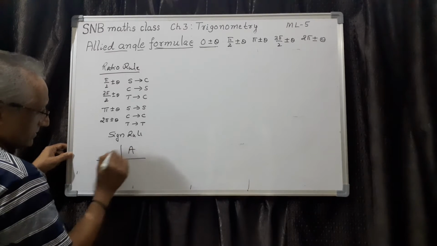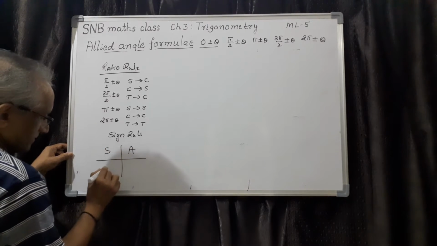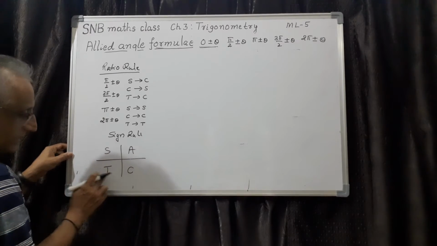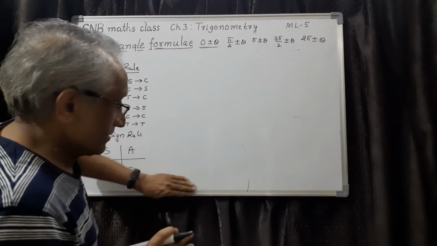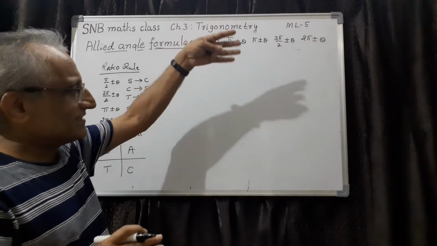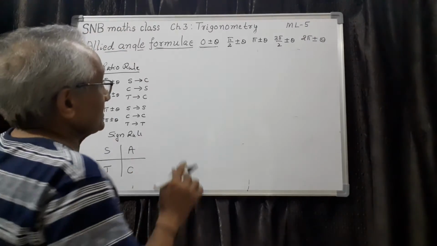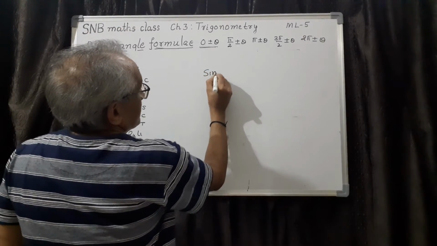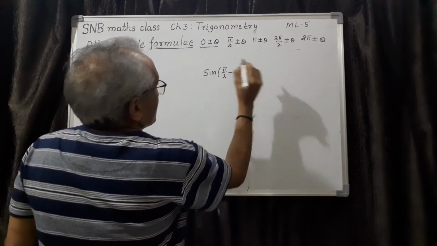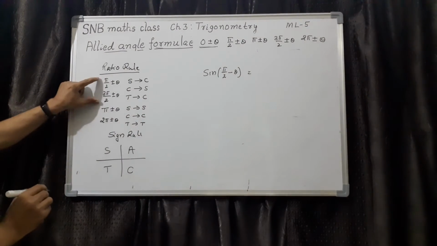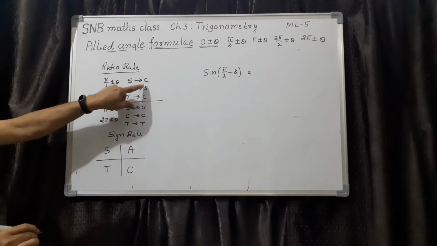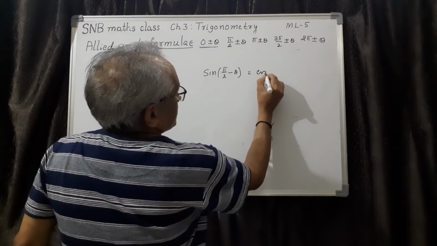This is all, this is sine, this is tan, this is cos. All sine, tan, cos. How to write the formula now? Because I have shown you all the 24 or 25 or 27, whatever number of formulas. Don't worry now. Say for example, I want to write now, what is sin(pi/2 - theta)? What is the rule? The ratio rule is for these two, let me separate them. For these two, sin changes to cos. So this is cos theta.